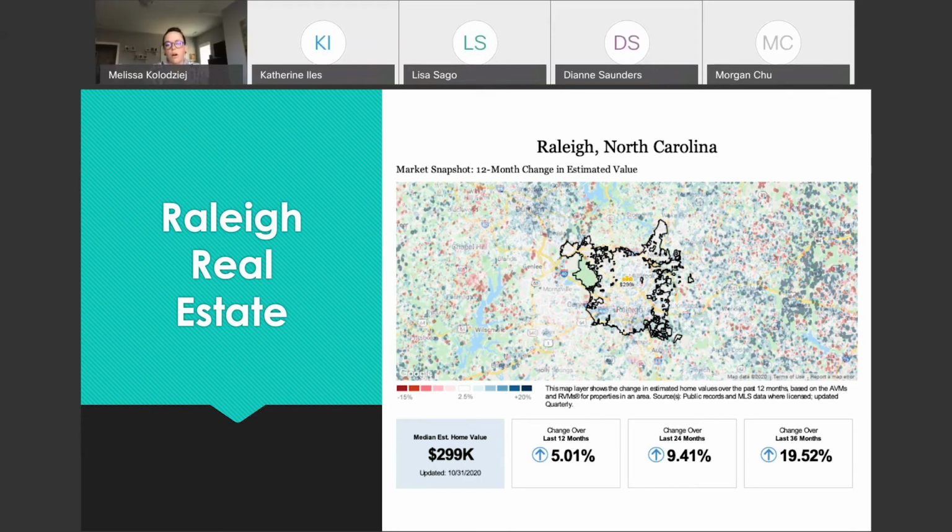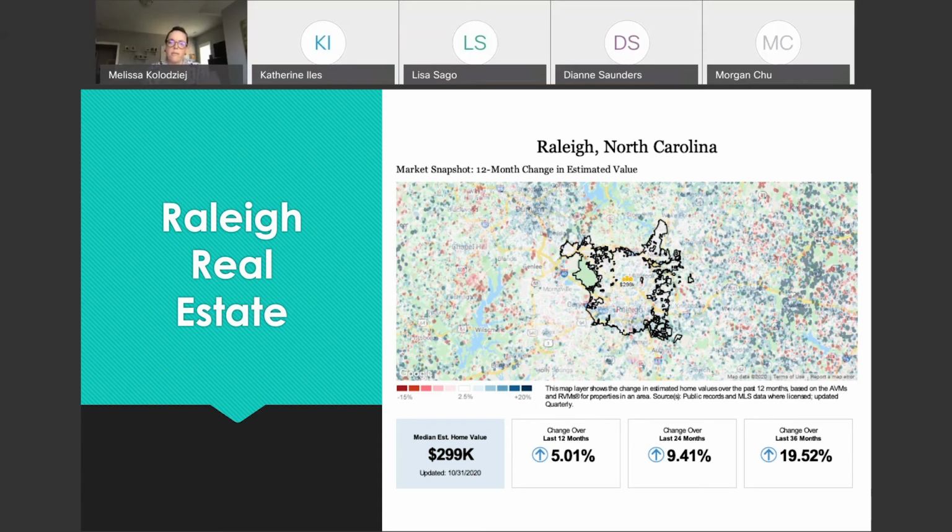But particularly for GIS, these reports are a culmination of what in the industry we call AVMs and RVMs, so automated valuation model, and it's a value estimated, calculated using publicly available information. And then an RVM is the exact same thing, but it also includes MLS active, sold, and off-market data. So RPR pulls MLS data from the local level and includes it in these types of reports, and that's how these reports are generated.